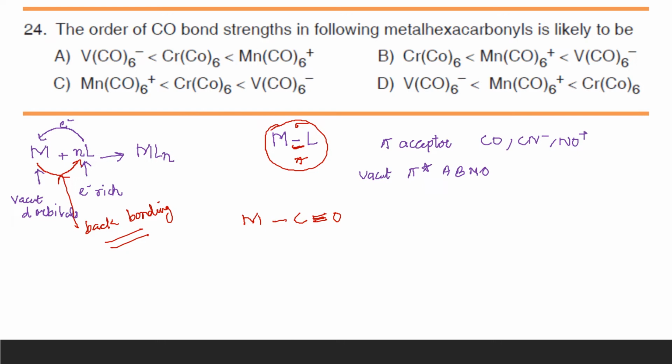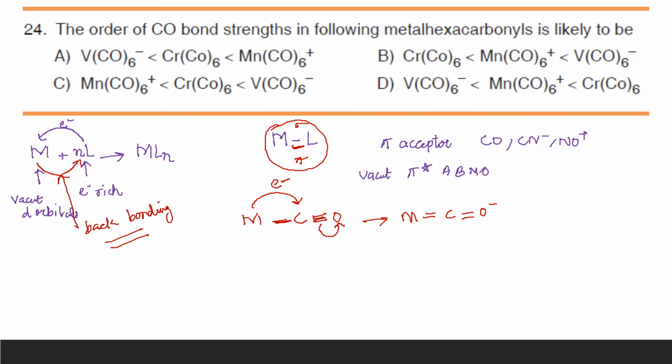So when back bonding takes place, what happens is that the electron will be donated to this CO. So as a result, when this CO gains electron, this bond will shift towards oxygen. So it leads to a situation like here a double bond will be formed and this will become O minus. So this is how the change in the bond length or bond strength takes place when back bonding is